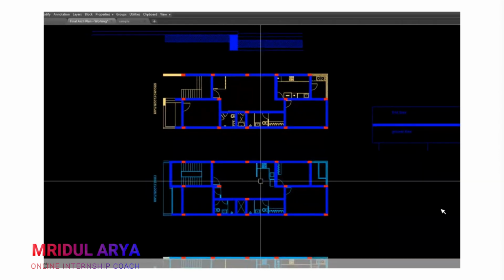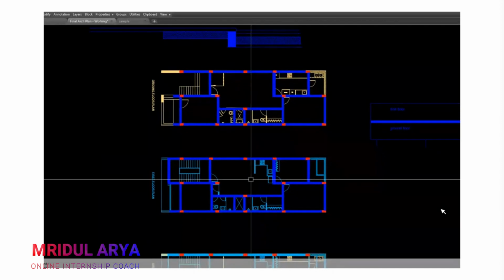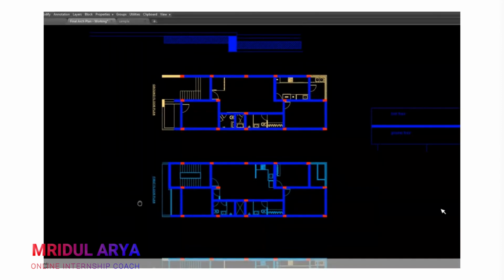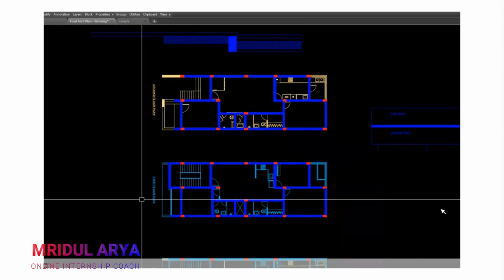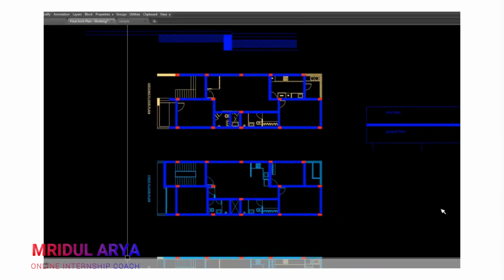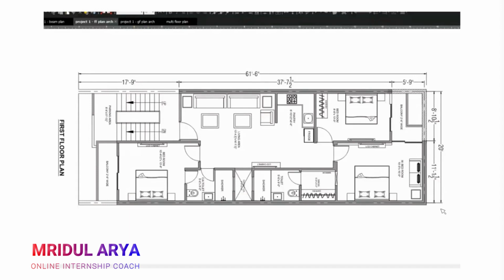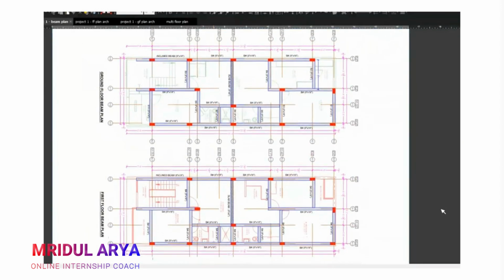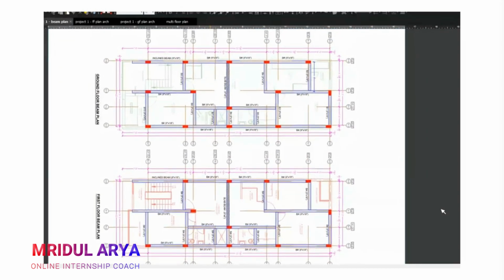So now this is our portion for the plan of a simple ground floor and first floor case. Now I'll show you how we will see the structural plan of this building. That's our structural plan for this specific building that we created.